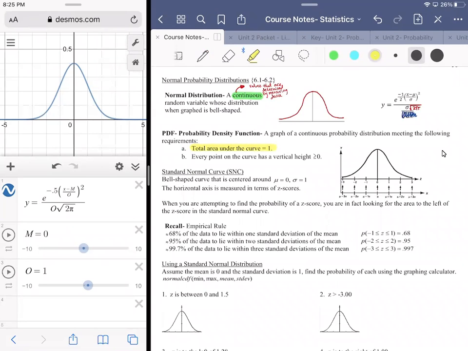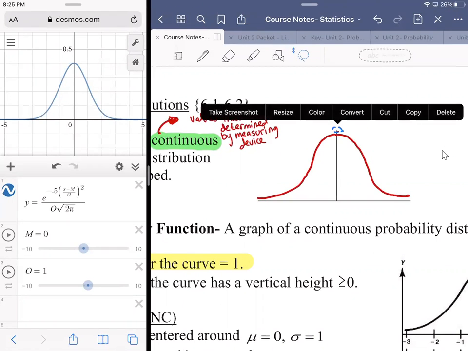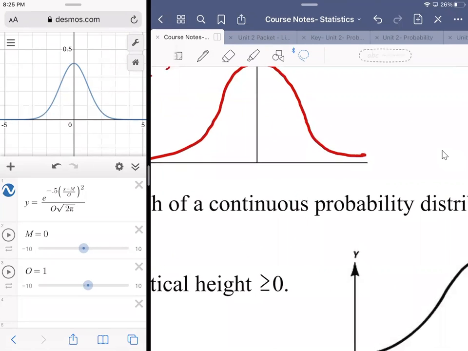Every point has a height greater than or equal to 0. And the reason why we can say that is because of the concept of an asymptote. If you remember that from really any math class that involved graphing, an asymptote is a line that a curve approaches. And depending on the nature of things, if this curve could go on forever, we don't assume that it can. But if it could ever actually get out to infinity, that's when it would come in contact with